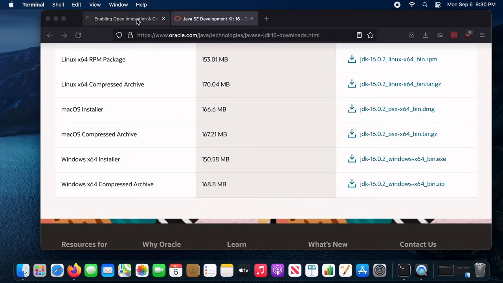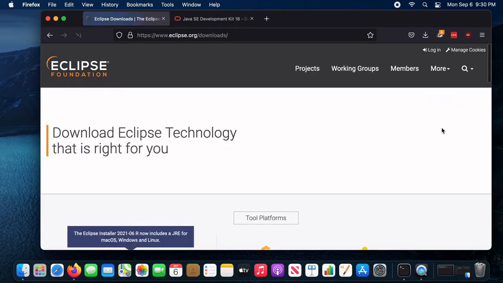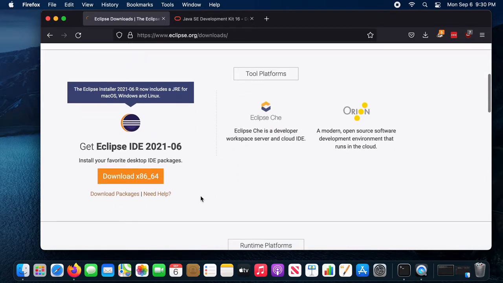Now that you have a JDK installed, you want to install Eclipse. So Eclipse is the integrated development environment that we use in this course. Again, in the previous version of this video, I showed you how to do this without using the installer. I think that's actually one of the problems. If you do it that way, if you reboot, Eclipse will complain, or Mac will tell you that you don't have permissions to open Eclipse. And I'm not sure how to fix that. So download the installer,